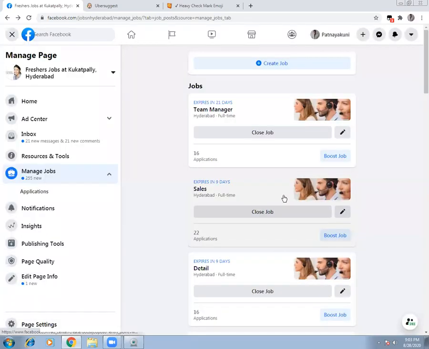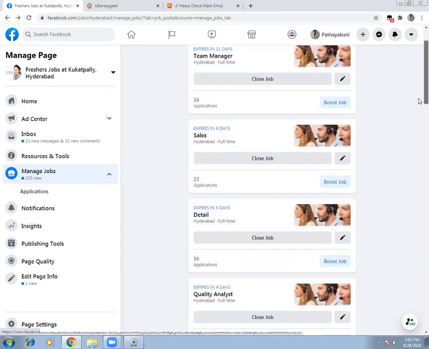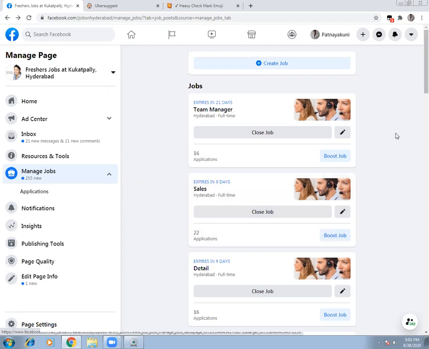Because we have seen already traffic and this ad, so simply you can just do some small corrections, your image, your timing and all, you can set it. When do you want to run the ad? All those details when you give it, you select the audience. You cannot discriminate them on age because this is a job posting. If it is not a job posting, then probably you can discriminate them on age and all, if you're selling products and all, depending on your target audience. So these are the basic things that I wanted to tell you.